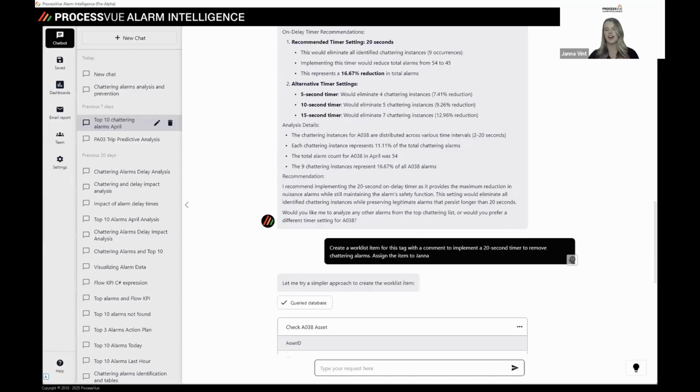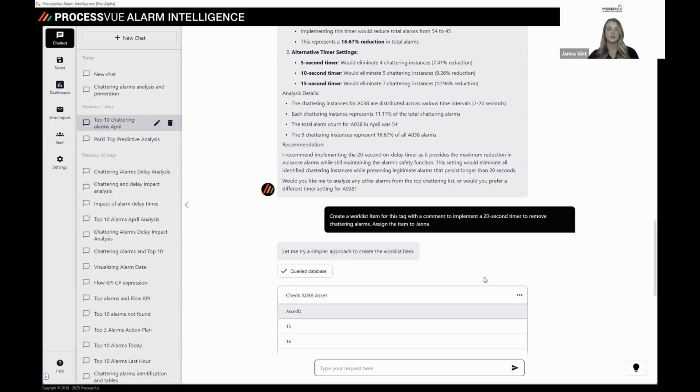And so say I decide, that's great, I do want to implement that 20-second timer, but I'm getting pulled away to go do something out in the field. Then I can quickly tell it, okay, create a work list item in Analyzer for this tag, give it this comment, and assign it to Jana. And then it's going to show me